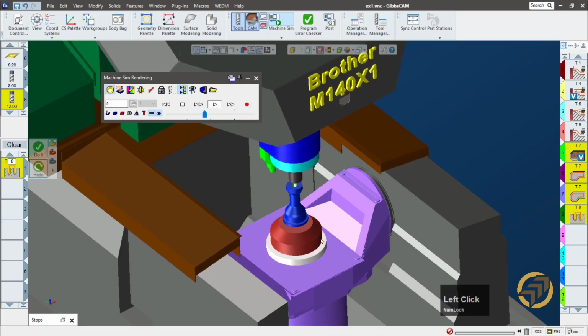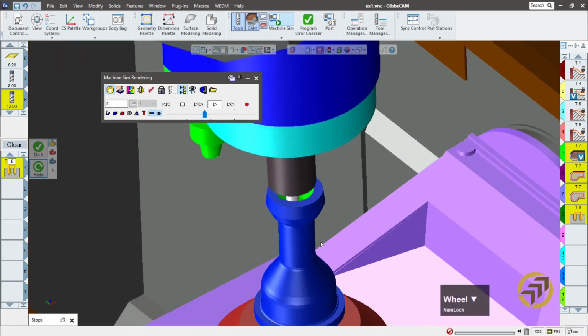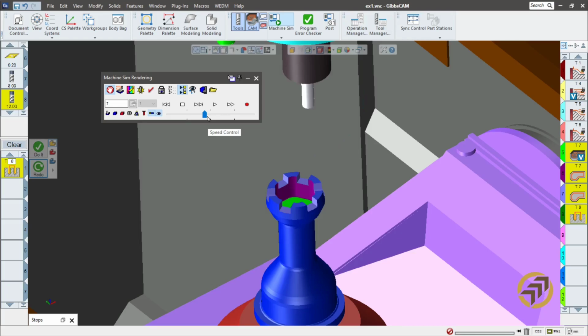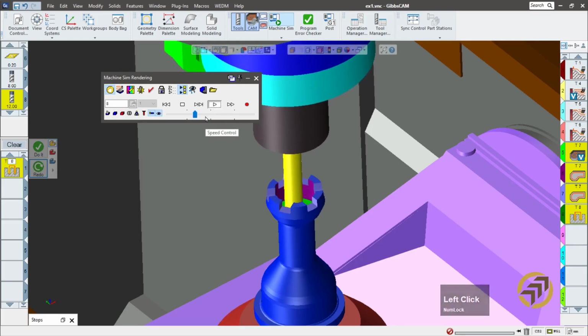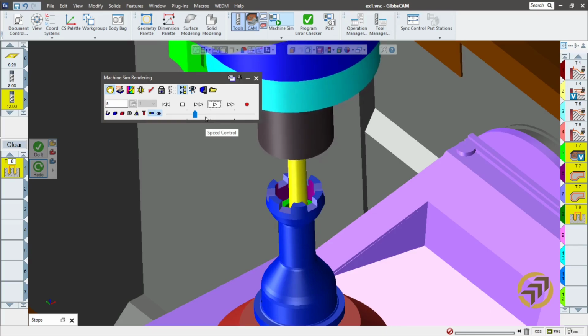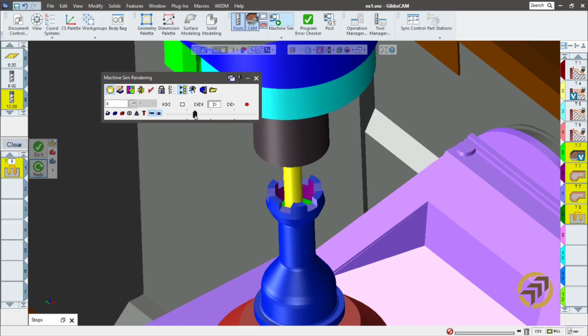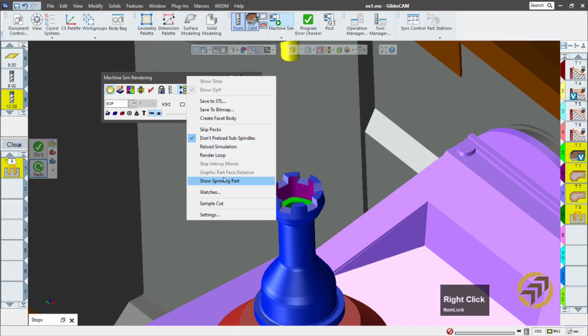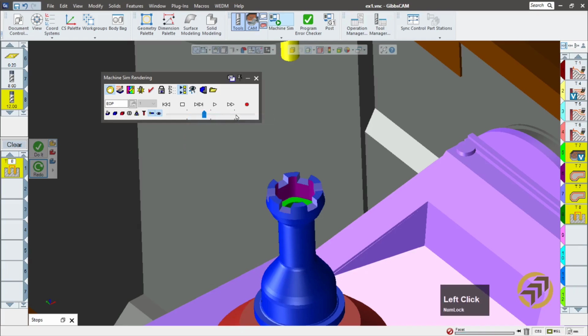This is roughing. Slotting, and finally the helix bore. Okay, done. I'm going to save this one, create facet body,